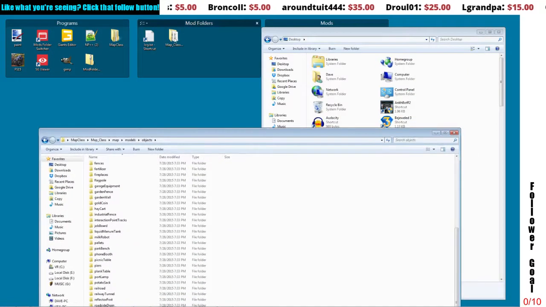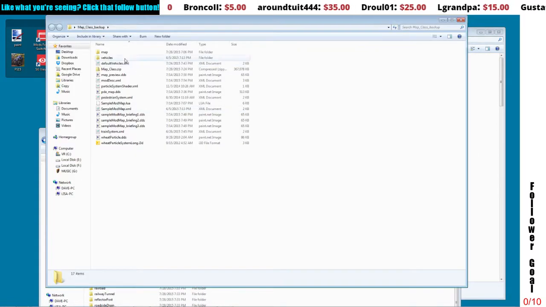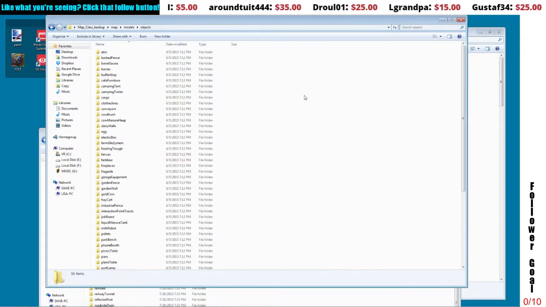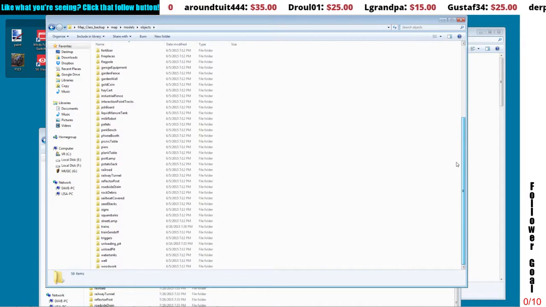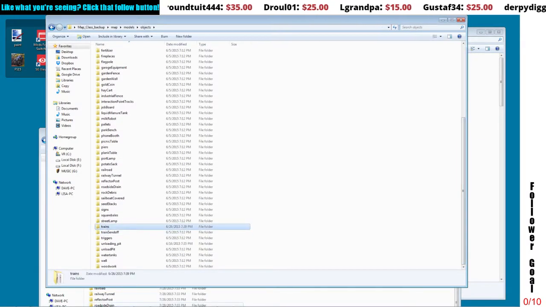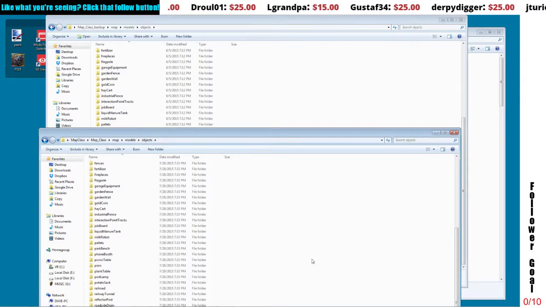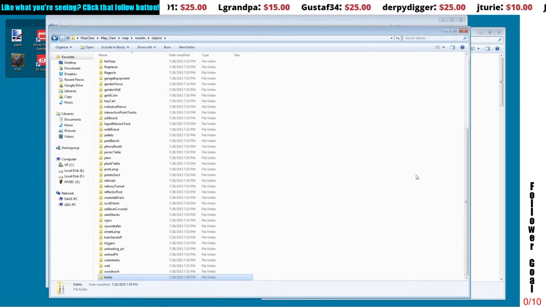If I go to my backup I saved, which is why you create the backup, and go to map models objects, you'll see that there's a trains folder that isn't over in the other folder. So we know that we need the trains. That's where we put them. Paste the trains folder into our map,